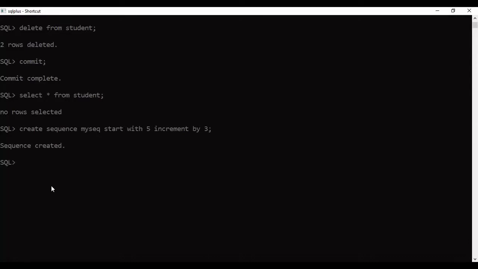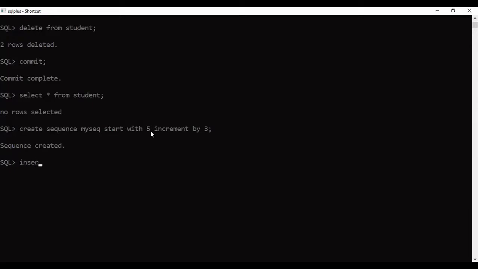So here I have created my sequence, my seq, which starts with 5. So my first number will be 5 and increment by 3. It means the interval between numbers is 3. So my first number will be 5, then the next number will be 8, the next number will be 11 and so on. Here I have not provided any maximum value, so it will keep incrementing.